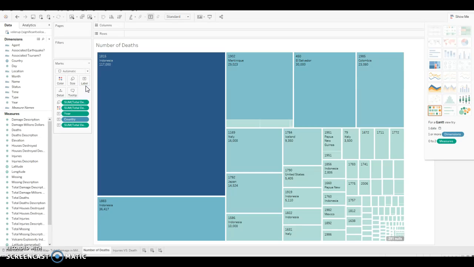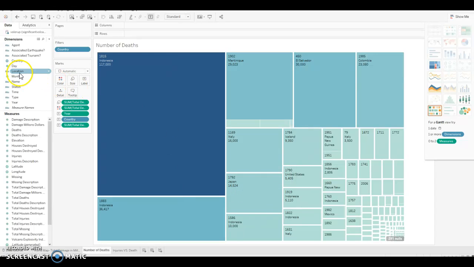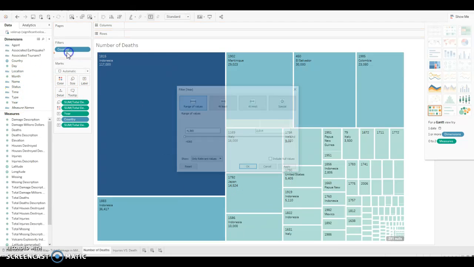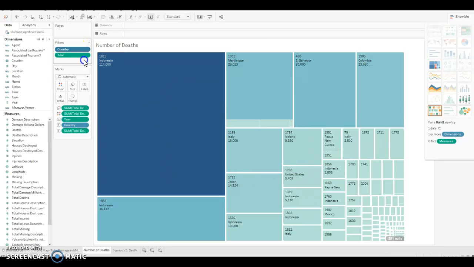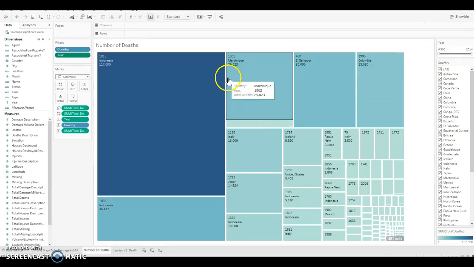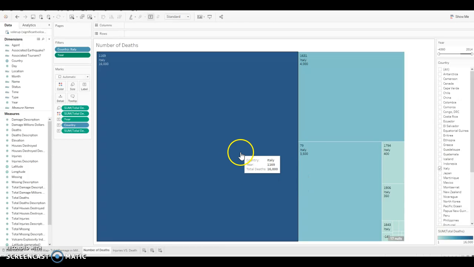As far as the filters, again we're going to be using the country and the year. We need to see the filters on the right side. This is shown. And here, again, we can select the country. We have all the countries. For example, if you want to see Italy, that's the total earthquakes for Italy. It's going to show us the year,